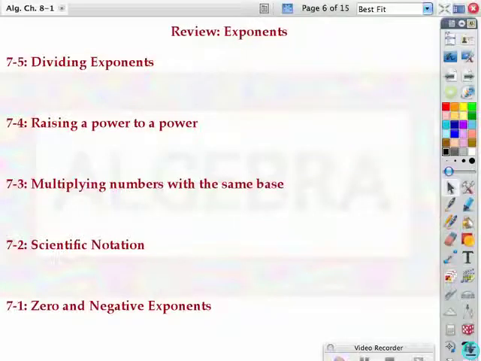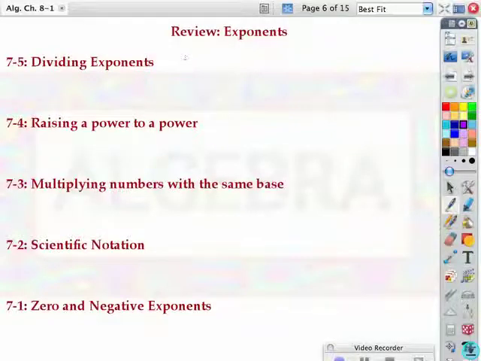Okay, so are you ready to do a little review? Let's go ahead and review our Chapter 7 information that we learned over the past week or two, especially since you have a test coming up Friday. Wink, wink, nudge, nudge. Alright, so in Section 5, we divided exponents, and really what we were dividing are numbers